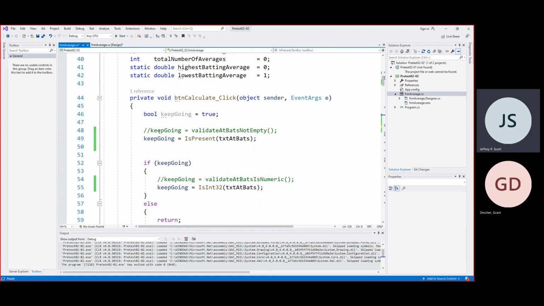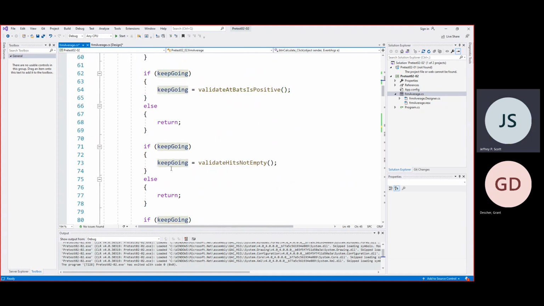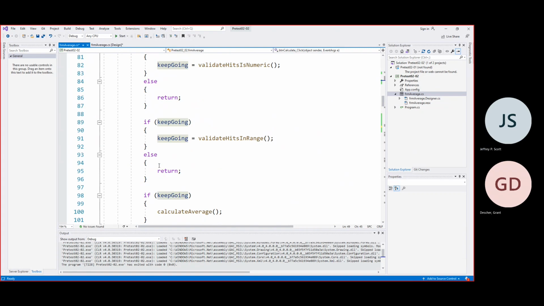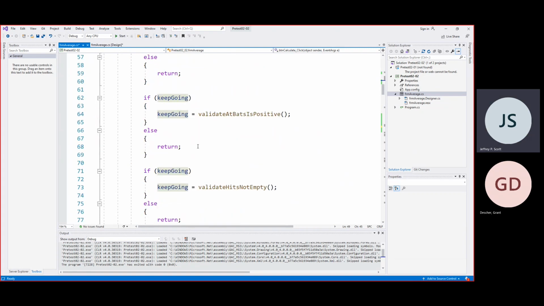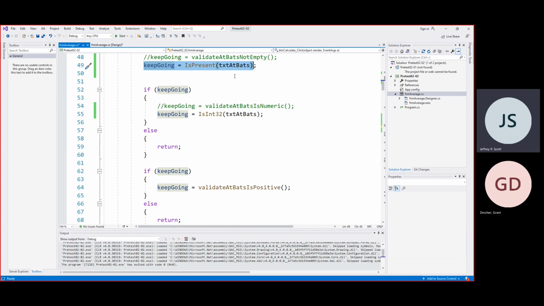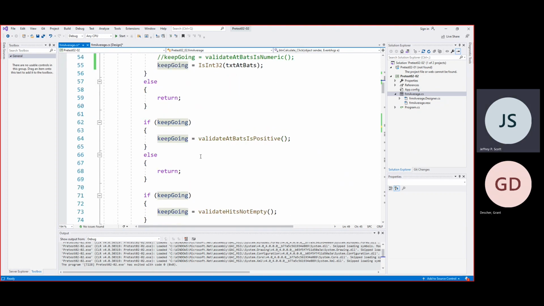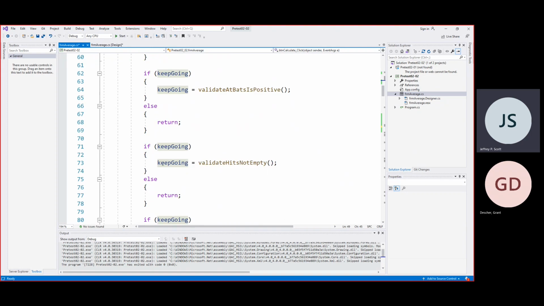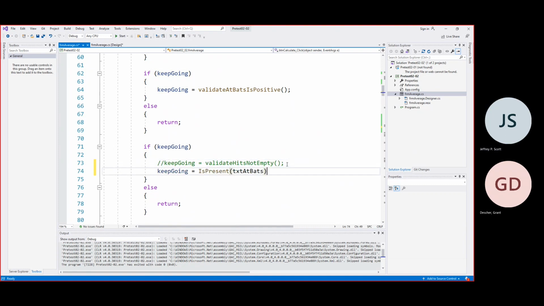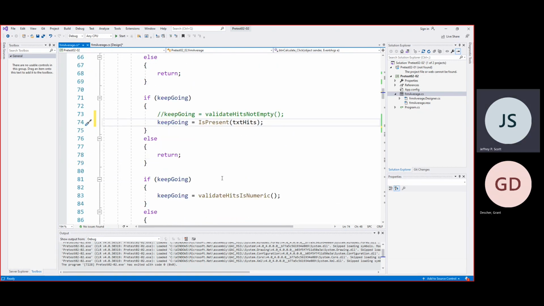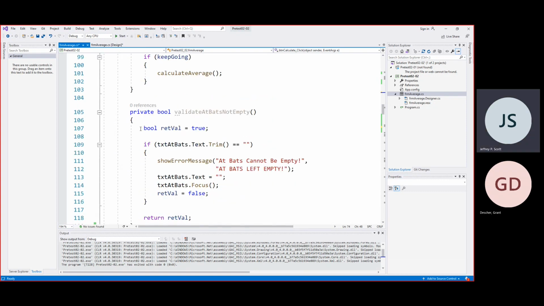Because now we've got the keep going equals is present right there. So when I go down later on and I start checking my other stuff, in other words, there was is present or validate at bats not empty. I also want to validate that hits is not empty. So I can now replace this with that, but it's going to be txt hits. And again, here's where the magic starts to happen. What I mean is now this whole routine